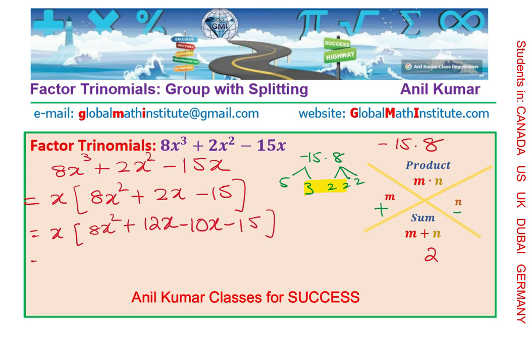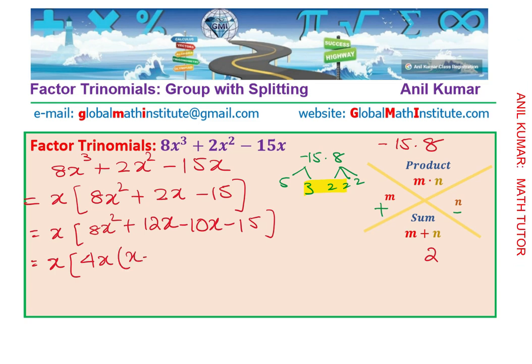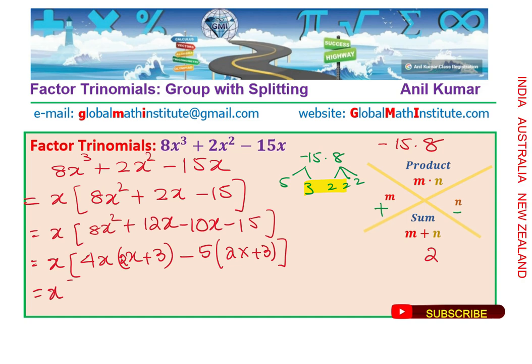Makes sense, right? So now, what is common between 8x squared and 12x? 4x is common, right? 4x times x plus 3, and here we could take 5 common. So 2x plus 3, right? So because I could see 2x plus 3 here, that means I missed something, right? So that can happen. So you have to be very careful. So you can take 2x